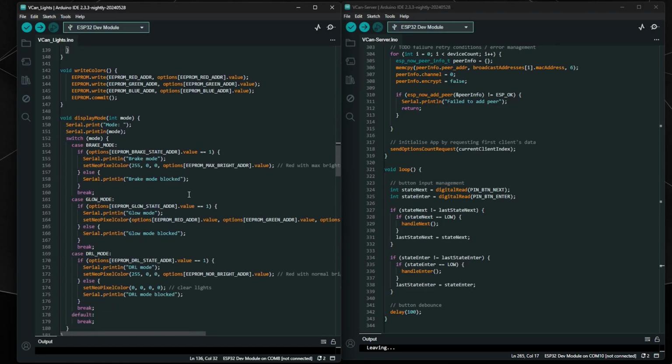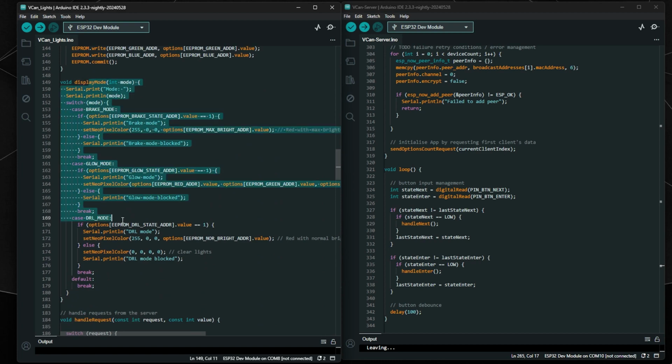The colors haven't actually done anything yet, but the display mode, for example, when I press the buttons, flicks between the different modes: the DRL mode, glow mode, and brake mode. The big change here is that instead of just running display mode when I press a button and doing the thing based on the mode, we have an if statement around each one, which polls that option's value to see if it is turned on or off in its state